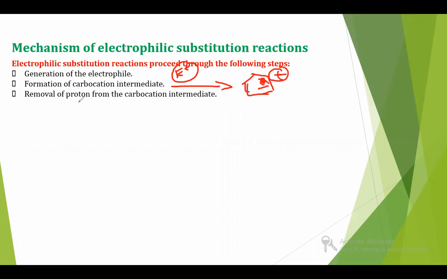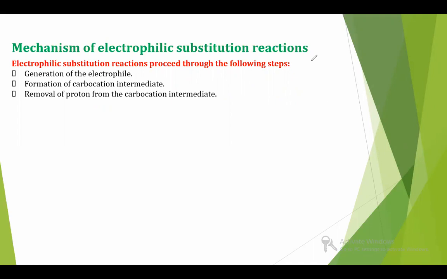Next, removal of proton from the carbocation intermediate. In the intermediate, the base attacks the hydrogen on the same carbon, one of the hydrogens is removed, and then we get the mono substituted compound